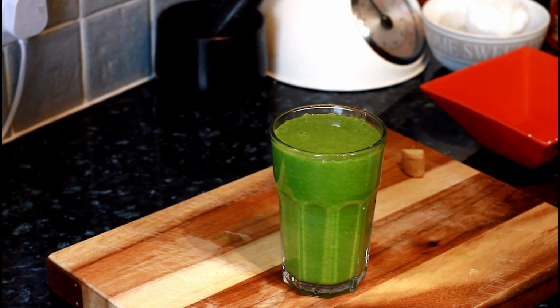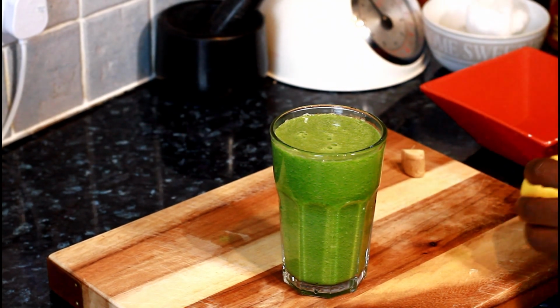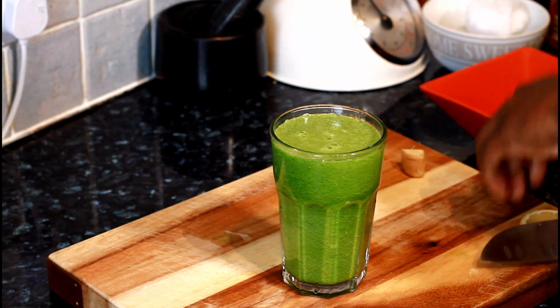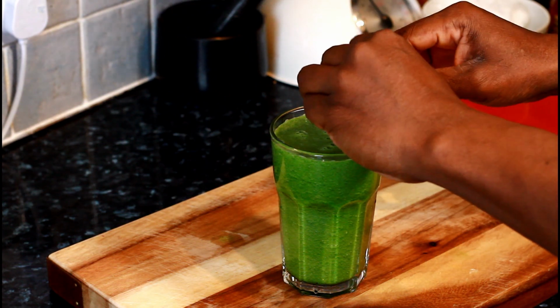Beautiful recipe. And simple. And not only that, the ice makes the difference. As I said before, anytime you're doing this kind of drink, you need ice to make it come the right